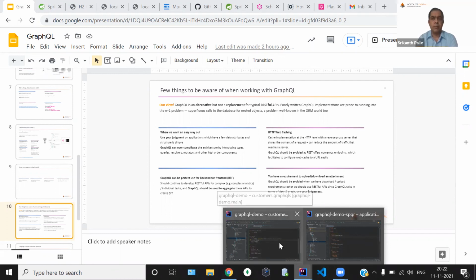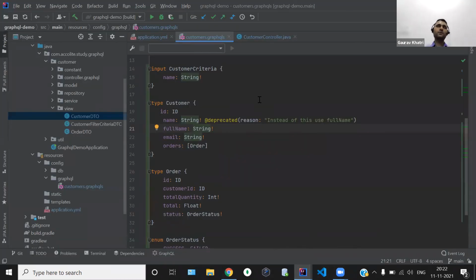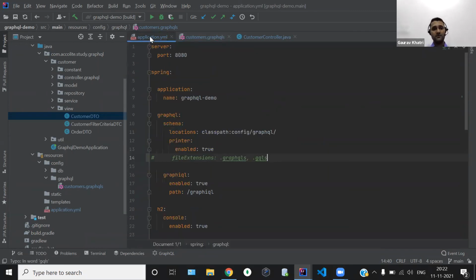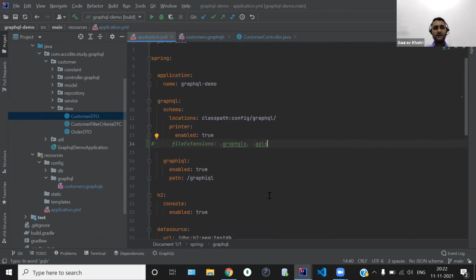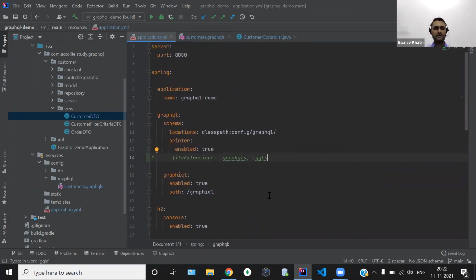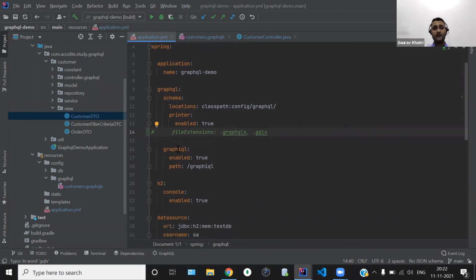Any thoughts on that? Okay, so to disable the GUI tool on production, we can do it by providing some configuration. This particular dependency has some configuration in place. To disable it, we have to provide graphql followed by enabled, and instead of true, we have to write false.